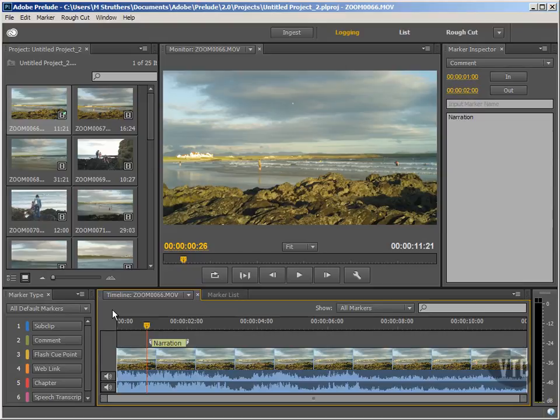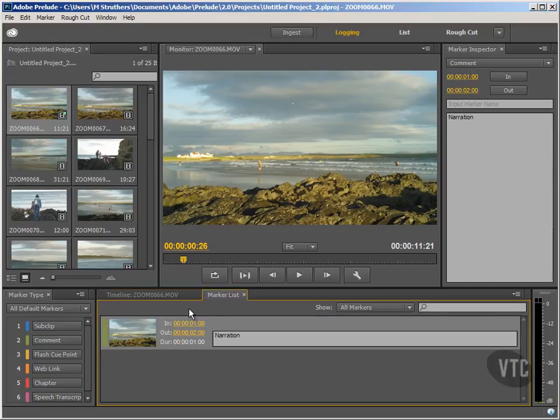That's the timeline area, and as you can see we've got video and its embedded audio. At any one time you can only have one file open, and as we've seen, here is our marker list. We've only got the one marker, but this would populate with the markers that we include. If too many for you to be working on comfortably, or you only want to see a certain type of